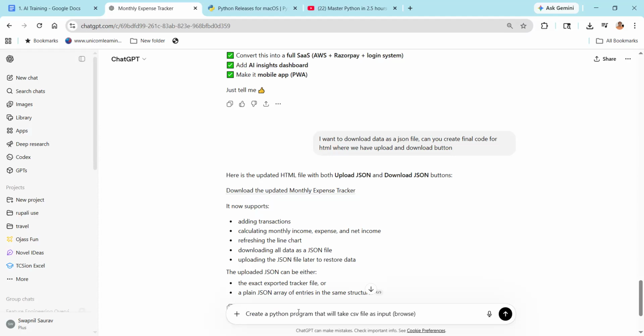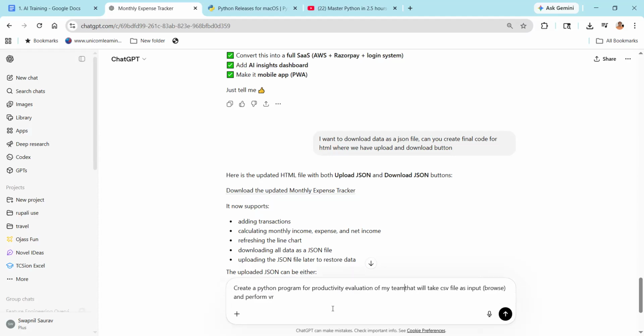It will take the CSV file as input and perform, write a Python program for, what do you call it when you want to evaluate your tasks and see the productivity? So I want a Python program for productivity